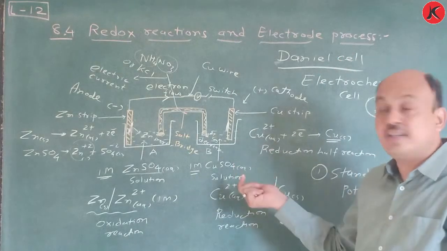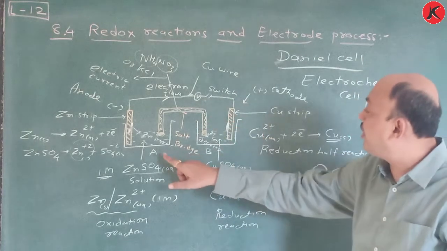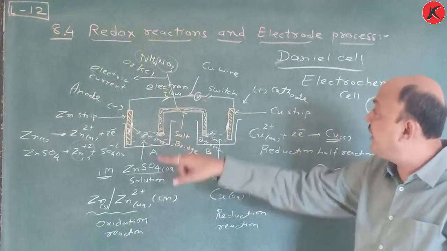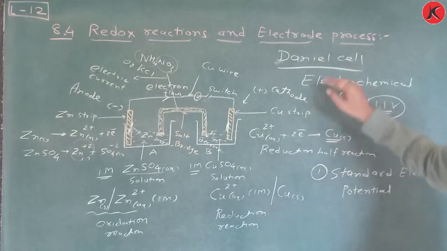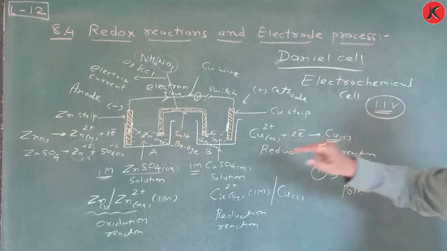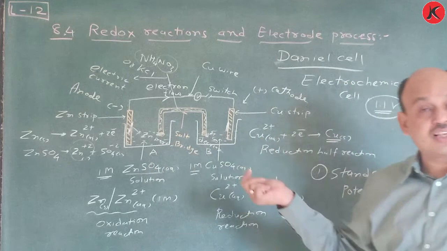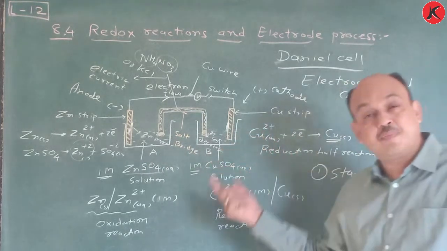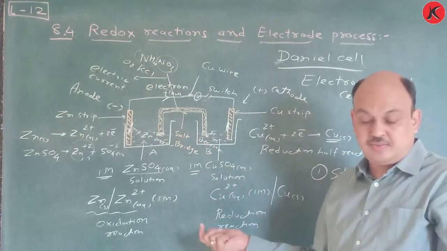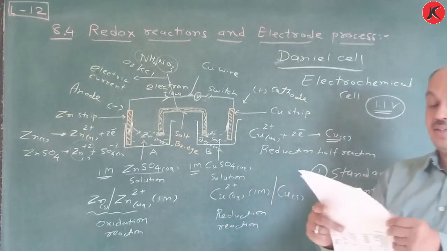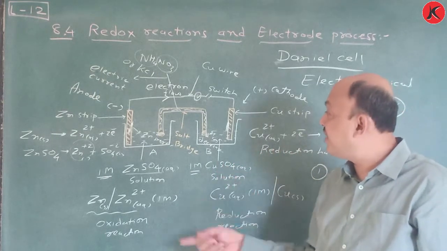If you understand this, that you have to learn later on, don't bother about this, because here you have to remember only this figure. If you draw this figure completely, then you get complete marks. This is nothing but the Daniell cell. Construction of the Daniell cell you have to learn later on. Suppose concentration decreases, concentration increases, what happens? Concentration is the same, what happens? That you have to learn later on. So here, we move once again towards a summary of this lecture.